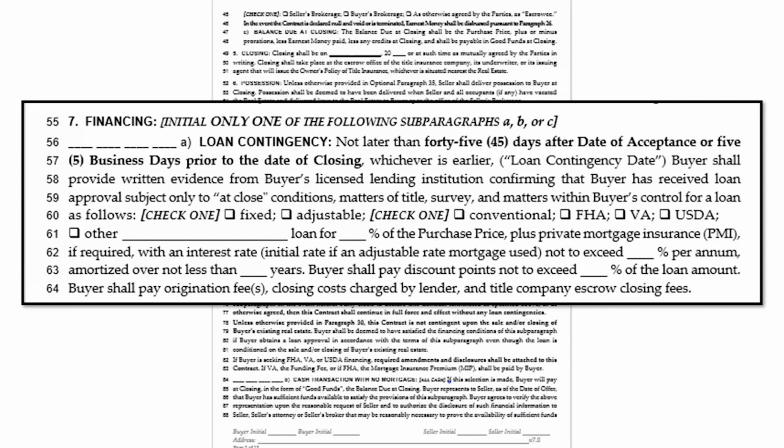It says that not later than 45 days after the date of acceptance or 5 business days prior to the date of closing. So if you wanted to close in 40 days, then you would have to have your mortgage commitment in 35. So it's 5 business days or 45 days after the date of acceptance. And I should mention, in all of the cases in the contract, it calls for after the date. All of the dates say after the date of acceptance. So that means that the date of acceptance on the back of the contract, we'll see it when we get there, is not one of those dates that you count.